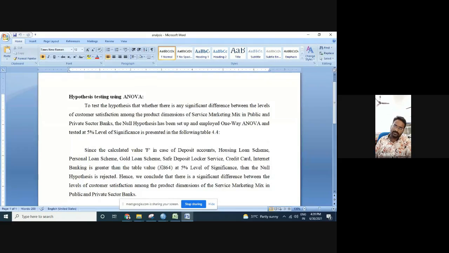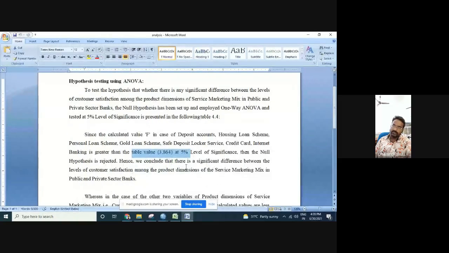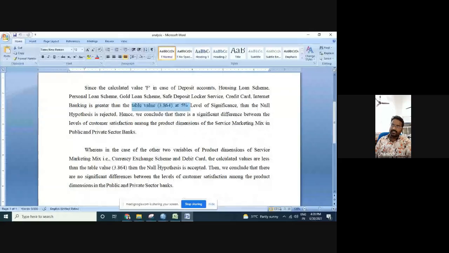Table 4 can be given over there, and in this, see the F in case of deposit accounts and whatever variables there are, the table value is 3.864, but the calculated value is more in some cases. In case of two variables of service quality, that is currency exchange scheme and debit card, the values are less than the table value, so the null hypothesis is accepted.